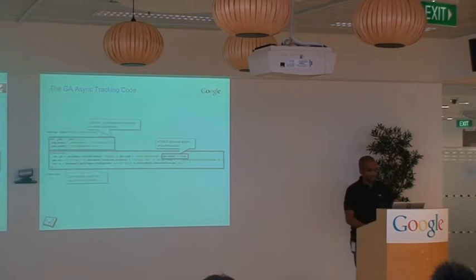Once the ga.js library finally loads up, it looks for this stack, this _gaq array. It reads through the array, looks at all the commands that you've queued up, and executes them. Then it replaces the array with something else, so that after ga.js is loaded, if you add any more calls to _gaq, they execute immediately. So it's kind of keeping a watch on this stack or array.